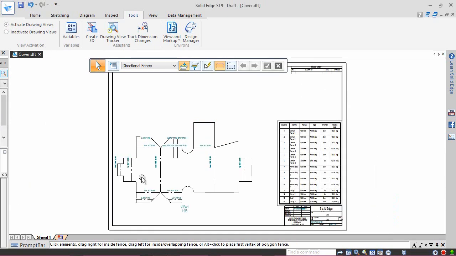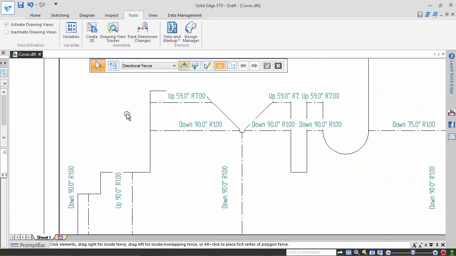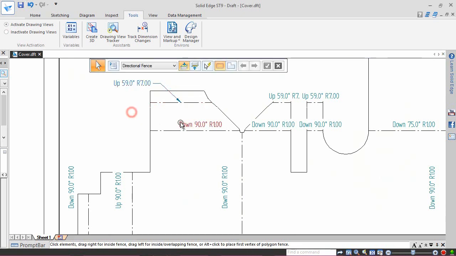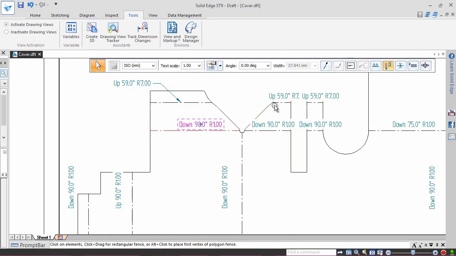Now we will add leader to the dimension callout. Select the dimension and click on the leader button, then add a break line in it by clicking this adjacent button. Drag it to position it. Do the same for other dimensions.